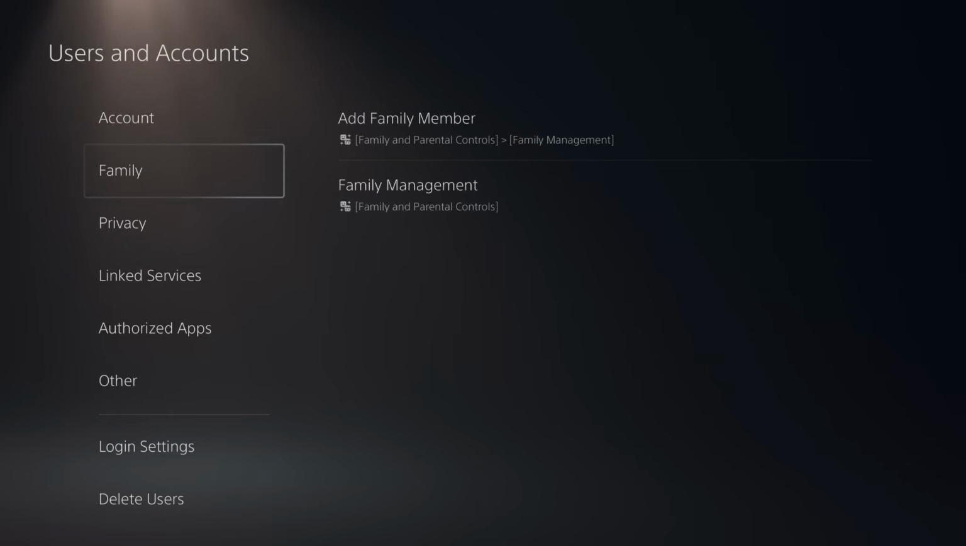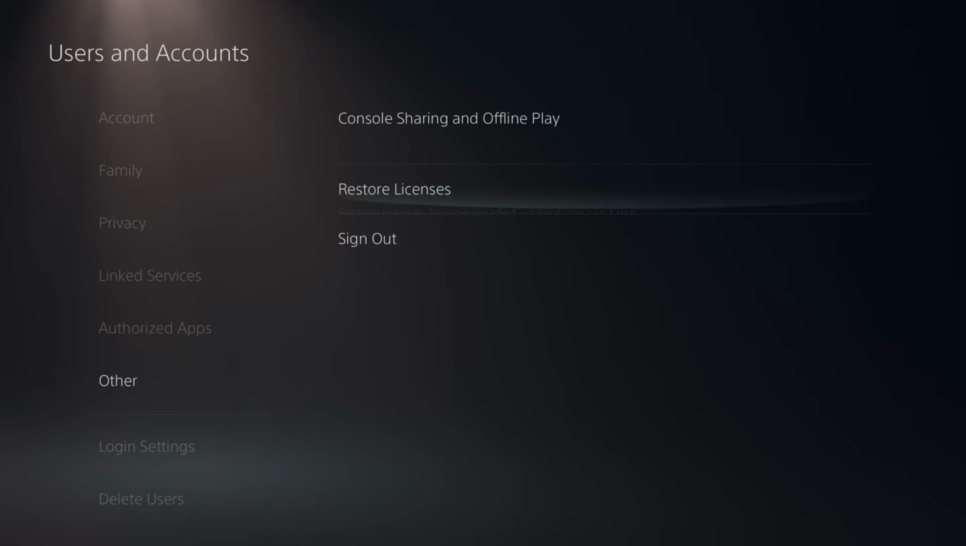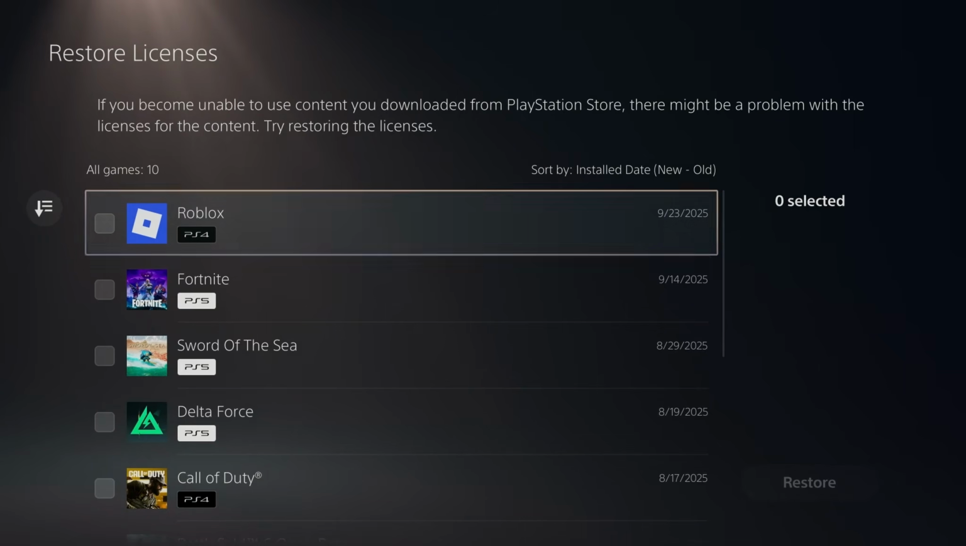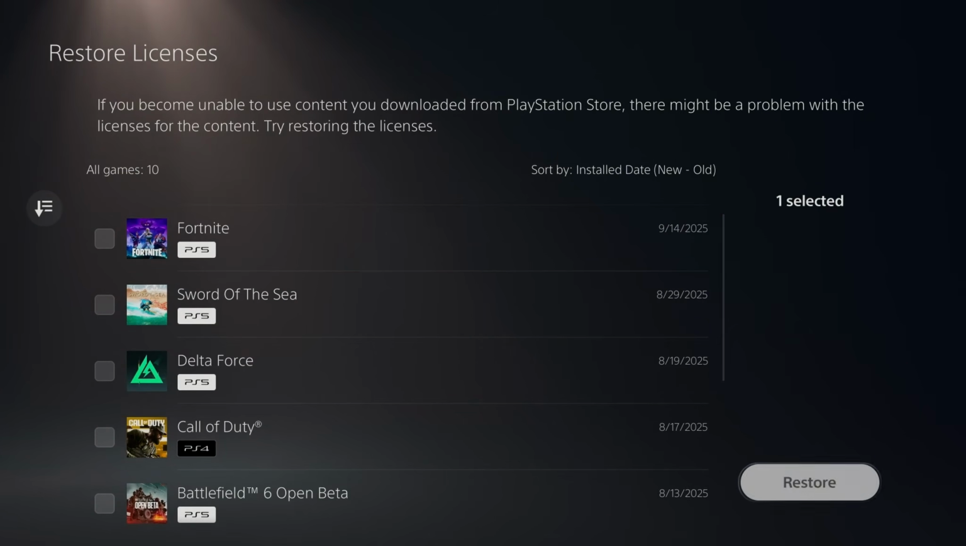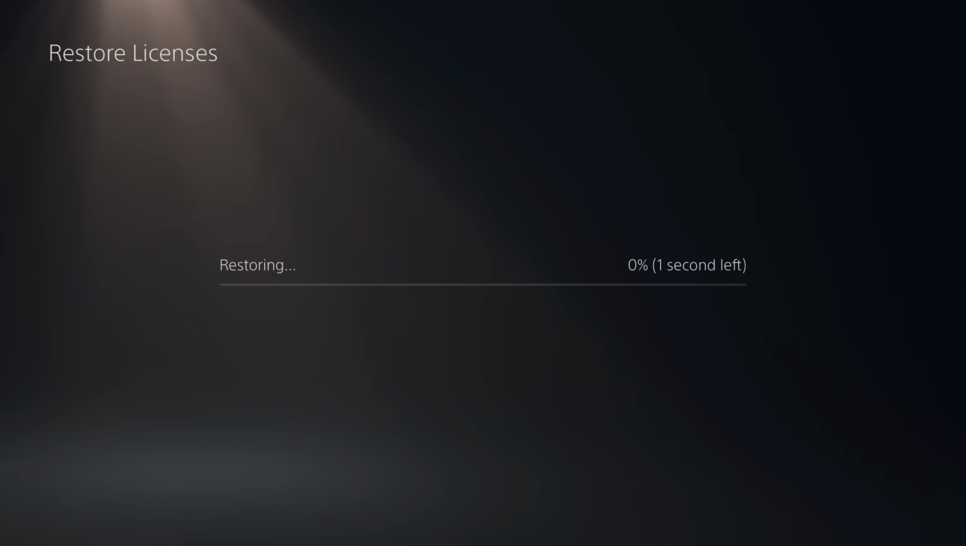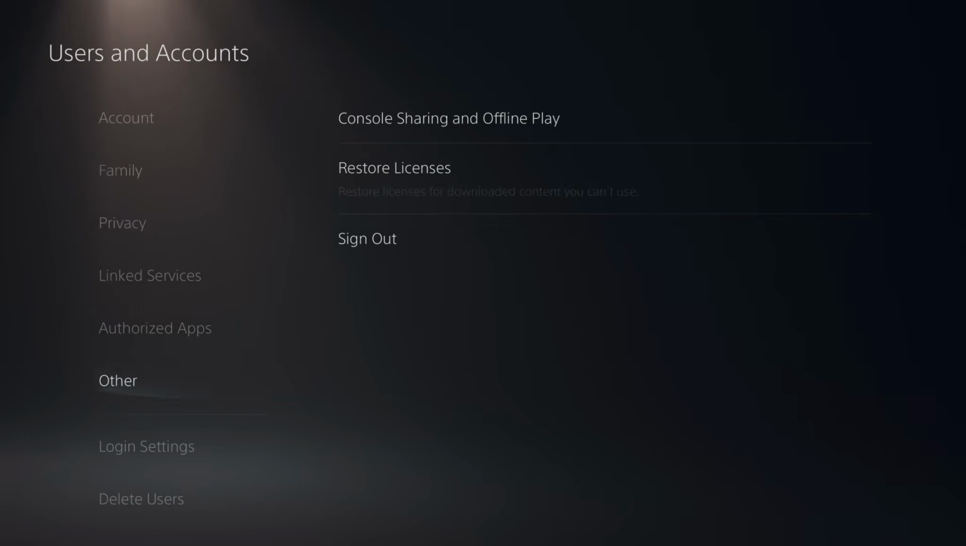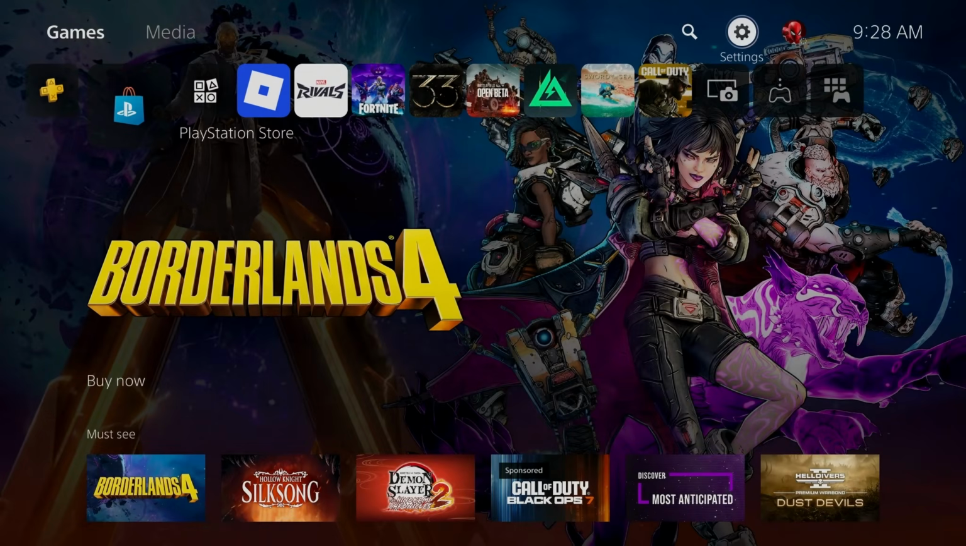Now if that didn't work either, we're going to go back, and you want to scroll down to Other at the bottom, and you want to go to Restore Licenses. This can sometimes help fix issues, so select all your games. I'm just going to select one. And then you want to select Restore and wait for the licenses to restore. Now once it's finished, you can select OK and go back and try and make a purchase in the PlayStation